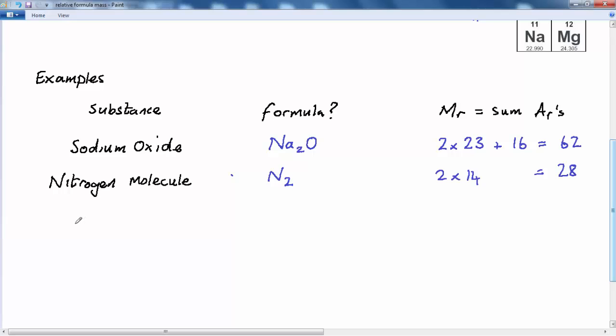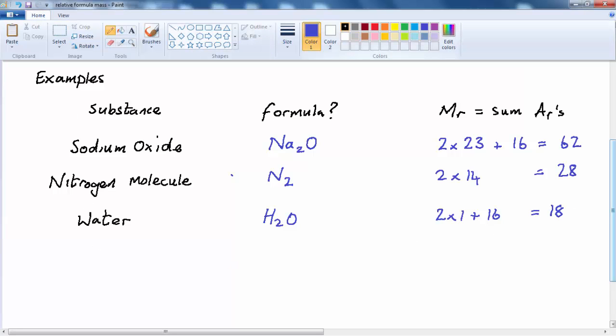I'm just going to try and explain that statement a little bit further. Let's take, for example, water. Okay, and the water molecule is H2O. So the relative formula mass for water will be 2 times 1 for hydrogen plus 16 for oxygen, which is equal to 18. Now, again, that isn't really a mass, but what we can say is this, that if we